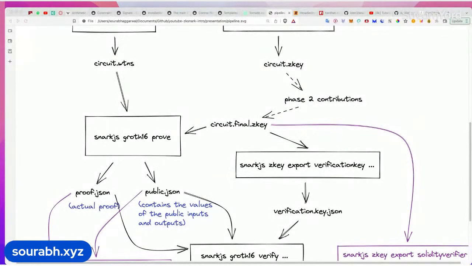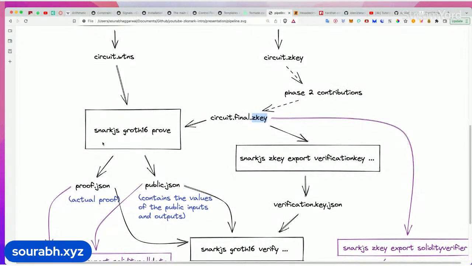Okay, here. So from this zkey, we will take the proving key. Basically, instead of extracting the proving key, this whole zkey file is inserted in case of the Circom snarkjs toolchain. So we insert this zkey and we use snarkjs with this groth16 parameter, and of course this prove parameter to generate the proof. This command will take two inputs, the witness file and the proving key. In case here we are providing this combination of proving key and the verifying key, and then it will generate